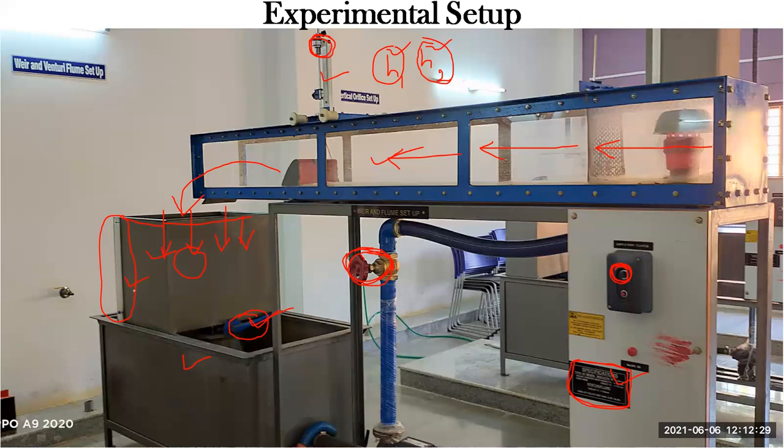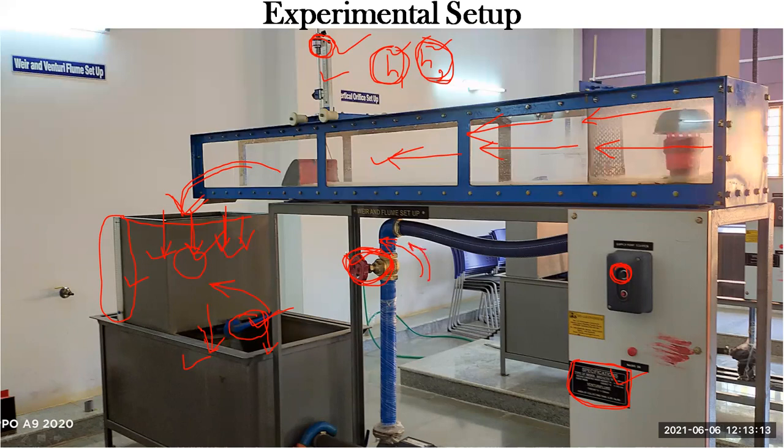Once you've taken the time for a 10 centimeter rise of water, next you have to open this butterfly valve, then water will flow back into the sump. Then again you have to increase the discharge using this discharge valve, and the water will flow through the channel. Using the point gauge, you measure new H1 and H2 for the second trial, and the same water will flow through the collecting tank, and you record the time. So again the process repeats for different discharge values.